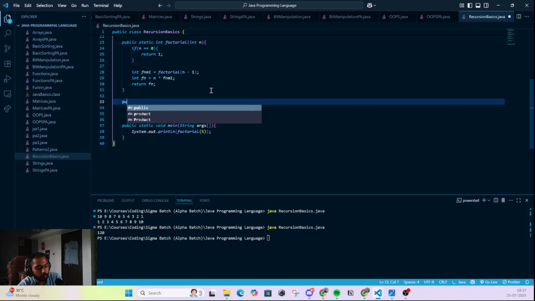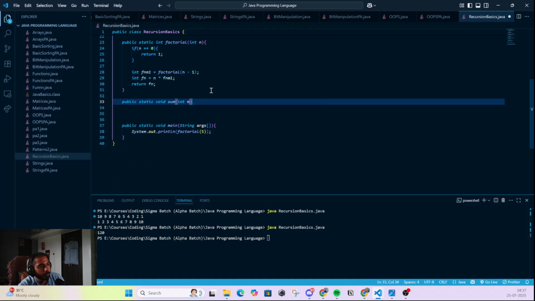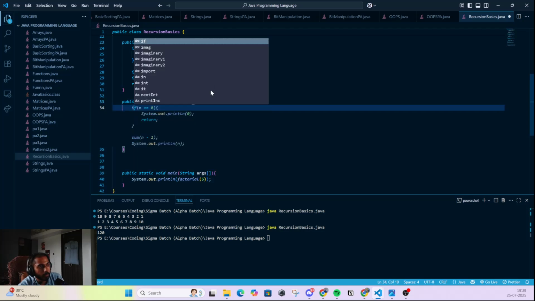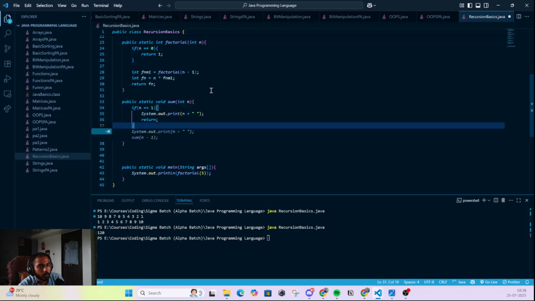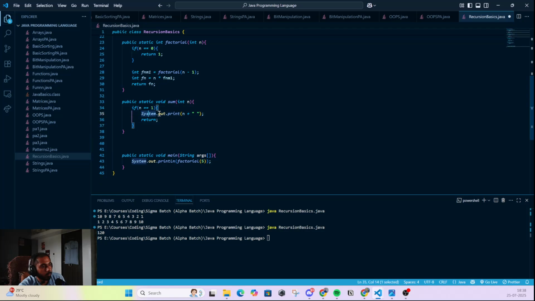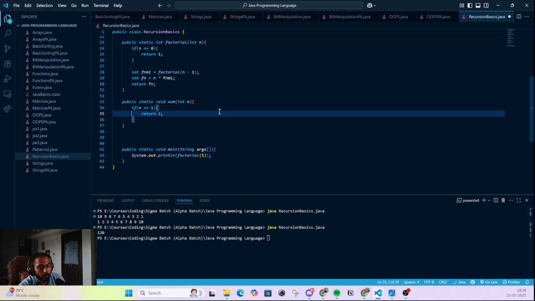So it's kind of the same. So we are saying, let's say sum and n, then we are defining the base case. If n is equal to 1, then, not this, I think, it's just returning 1.